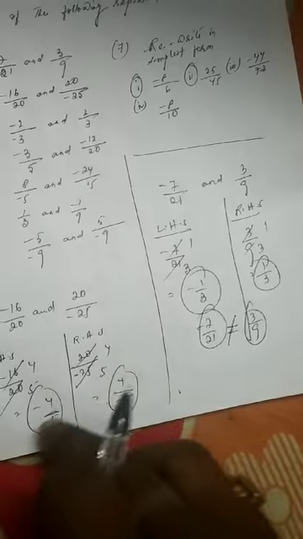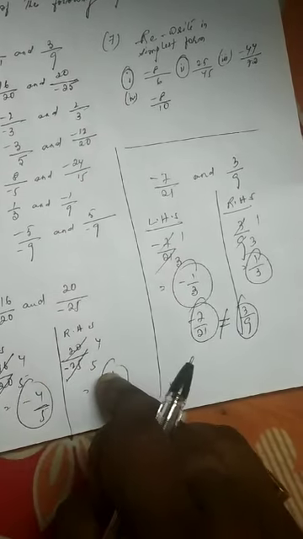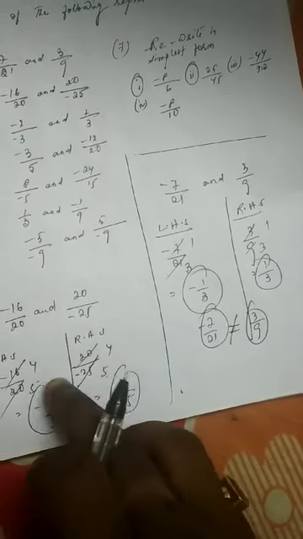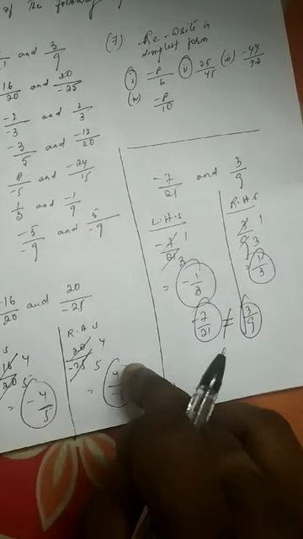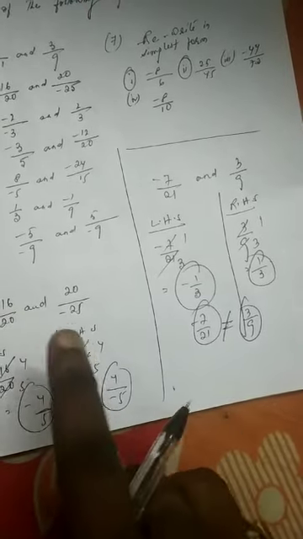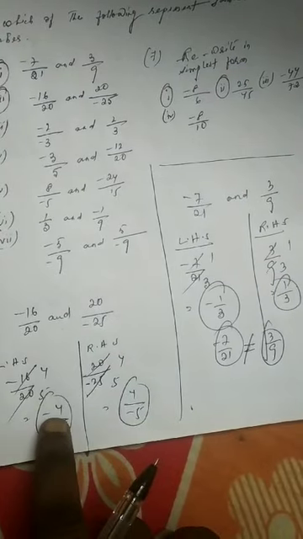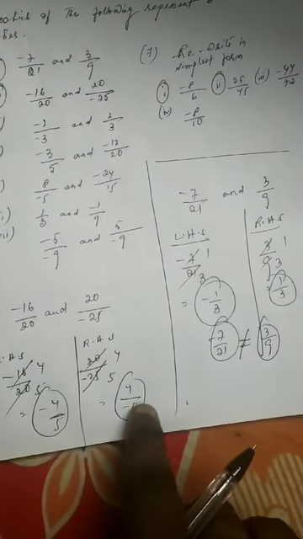It doesn't matter whether the negative sign is in the place of the numerator or the denominator. If it is holding a negative sign, they are exactly the same. Children, I'm repeating my word once again: there is no difference between -4 by 5 and 4 by -5.